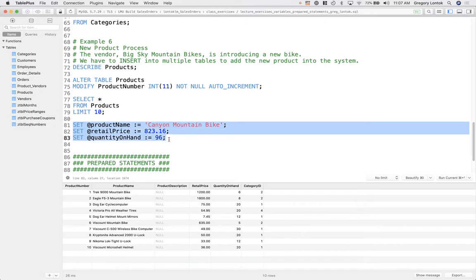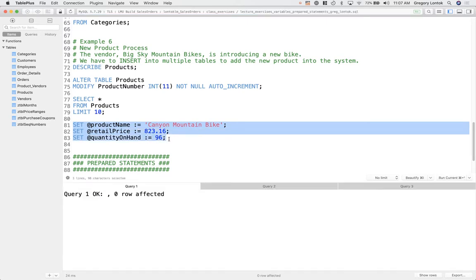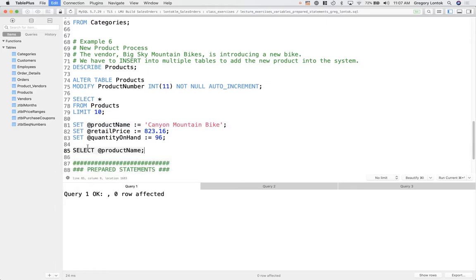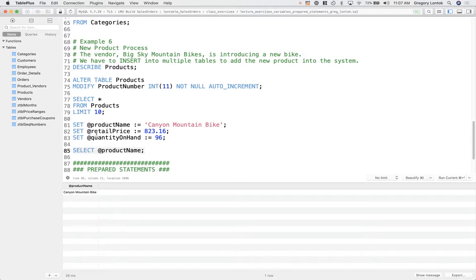So you can run all of these at once. So let me just double check that it did set it. Okay, good. If you get empty values, then run them individually, but it should work if you select them all and then run them all at once. Okay, now that I've confirmed those variables are set,